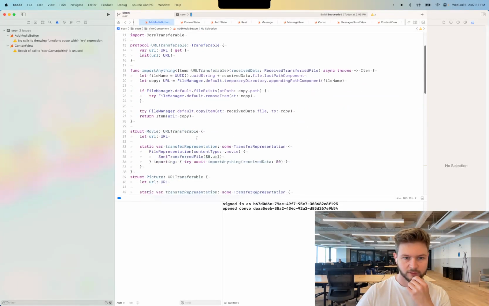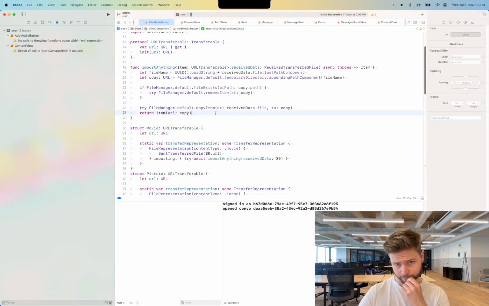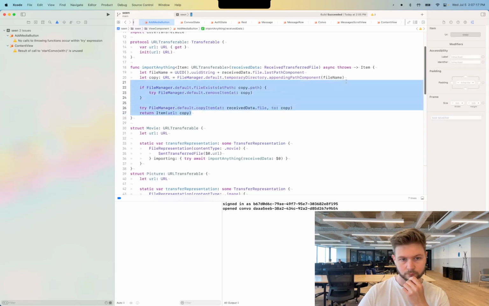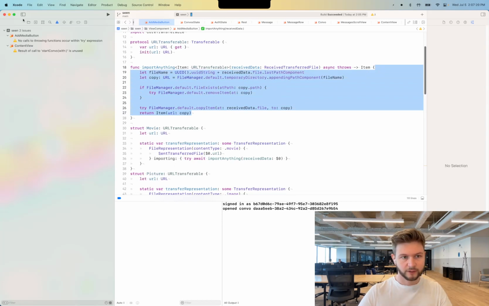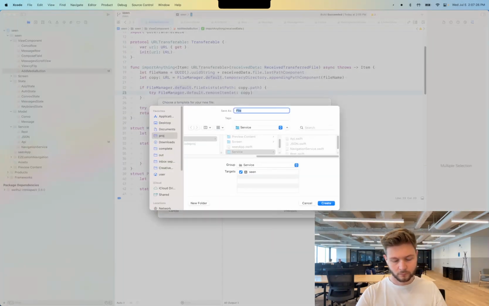So similarly to how we get a local URL here, I think I want to write a service to compress images. Or as image compression,